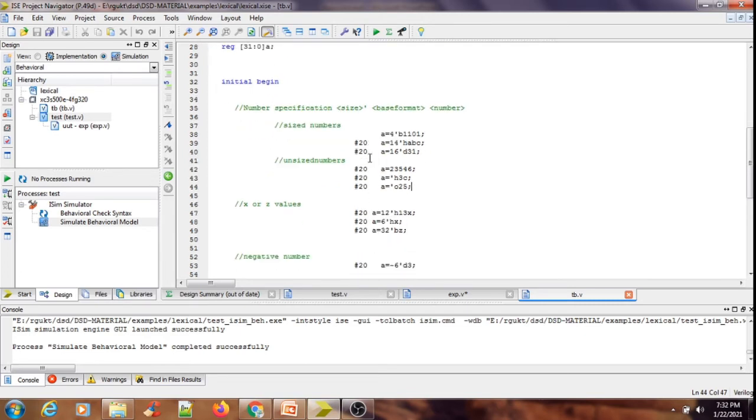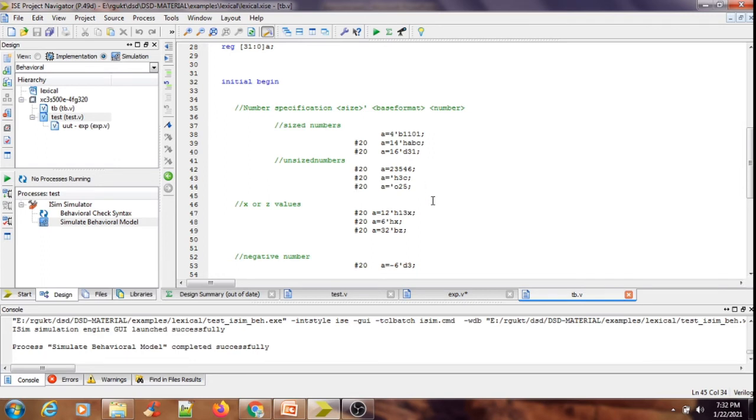So this is sized and unsized. The simulation starts at 0 seconds, and this value resides for 20 seconds, and this value will reside for 20 seconds, and this value also will reside for 20 seconds. That means each and every variable will be present for 20 seconds.